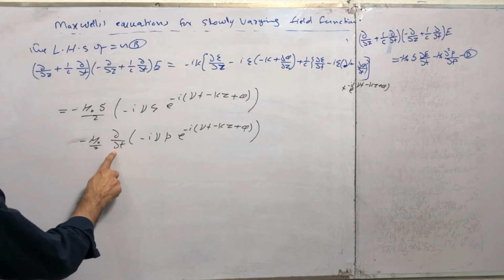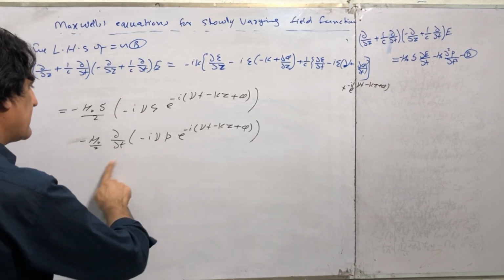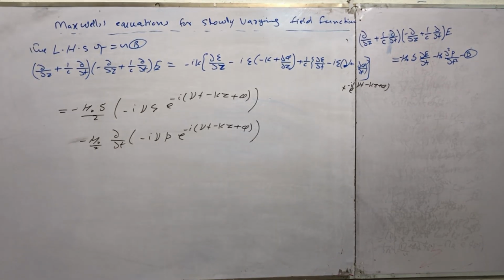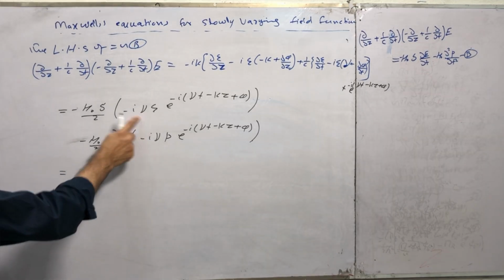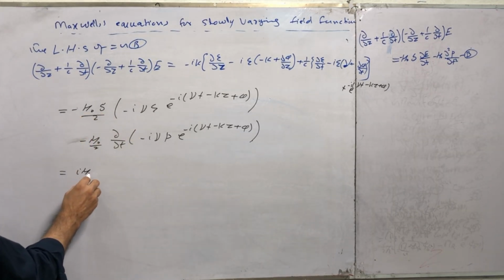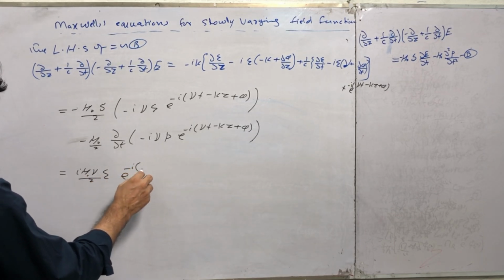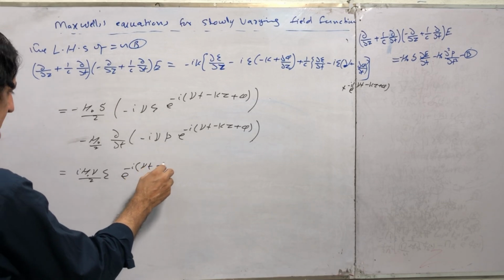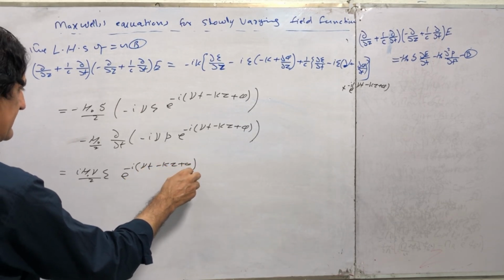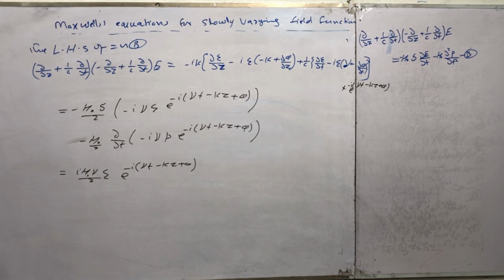Now partial divided by partial t, you can again apply this differentiation. From here you have mu naught nu divided by 2 e to the power minus iota nu t minus kz plus phi, and from here you can get